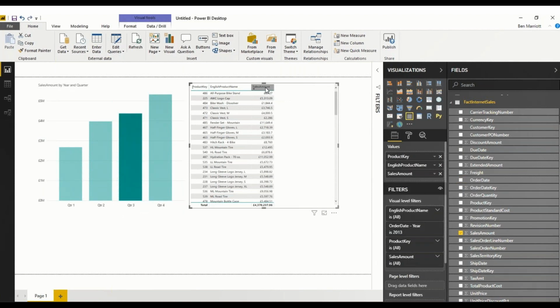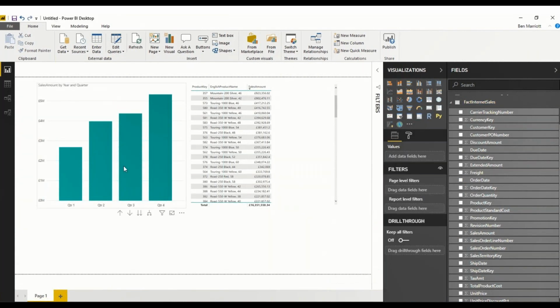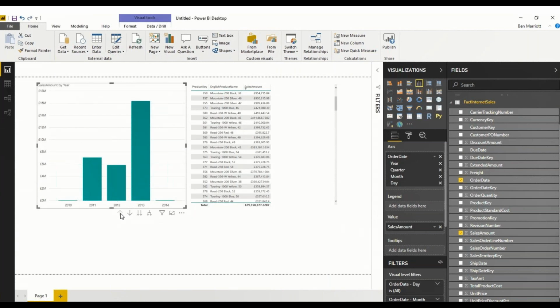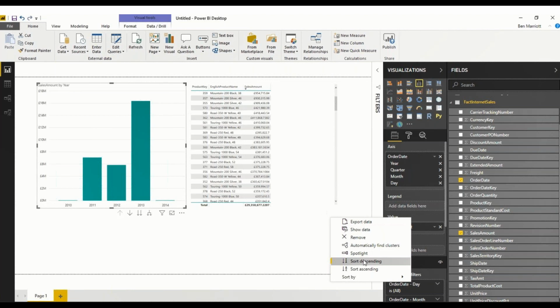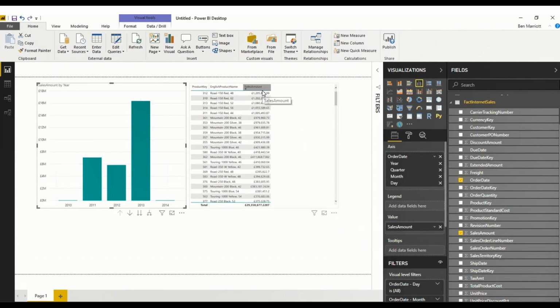Now actually, I want to be able to do some other bits on here. So what I'm going to do is I'm just going to sort this. So I'm just going to sort that by descending. And that's created a sort order for me. So again, as I start to navigate through it, you should see it's all changing. Now I just want to tidy that up a bit as well, because you can see there's some that have gone to multiple decimals. So that one sort of halfway down, 362, the mountain bike, I've got loads of